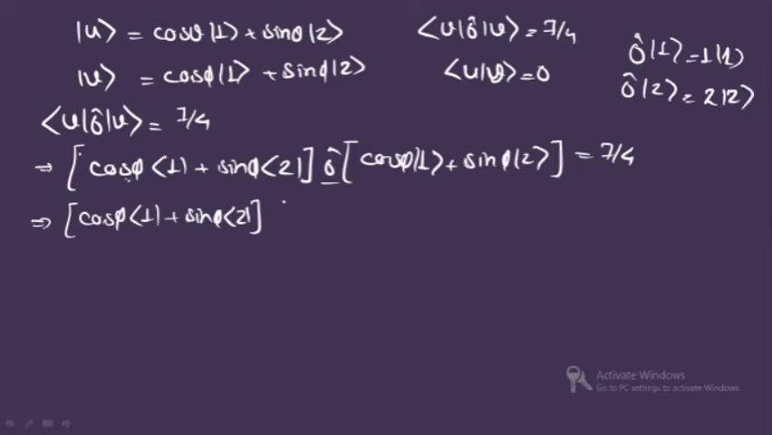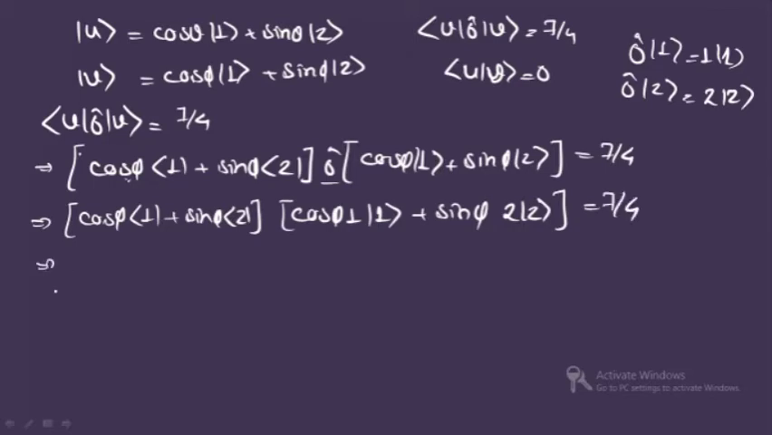So the same thing will happen here, and when you do so, this will give you cos phi times 1 |1>, right? And you will have sin phi, alright, and you will have 2 |2>, which is equal to 7 by 4. Now you will do the normal multiplication. So when you do so, this will give you